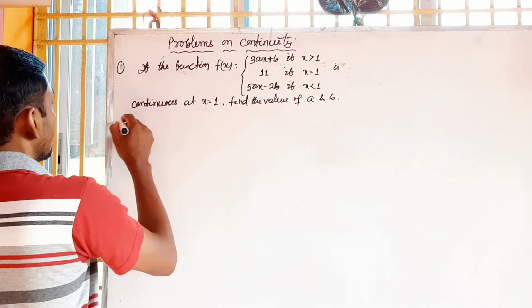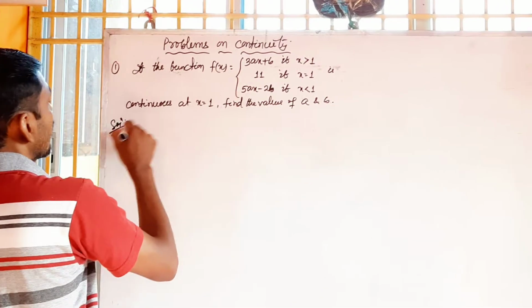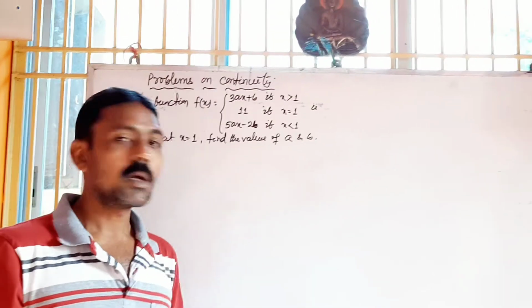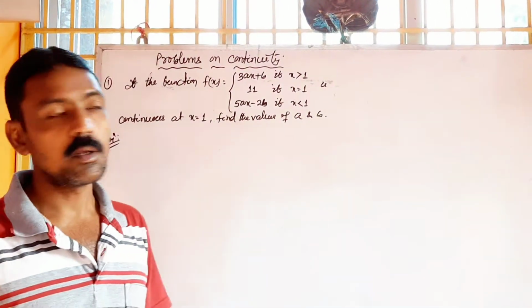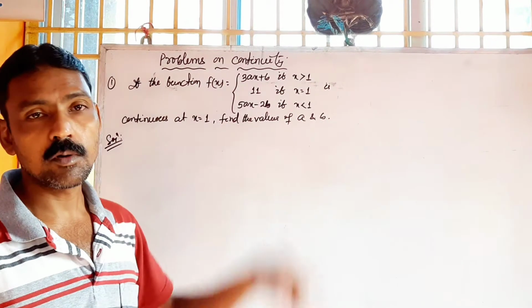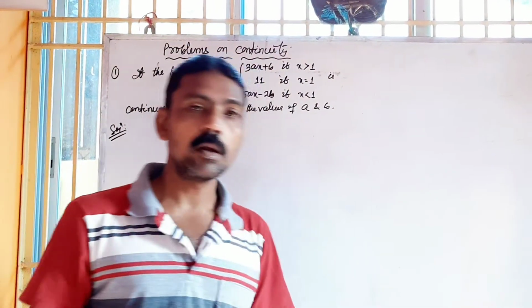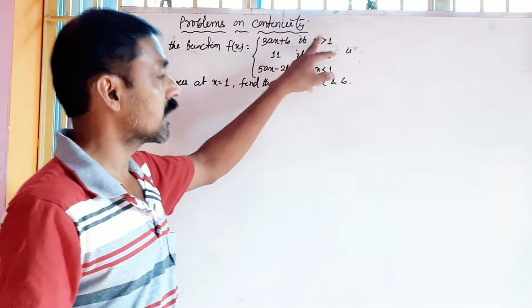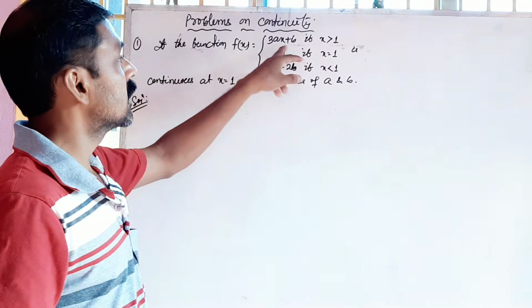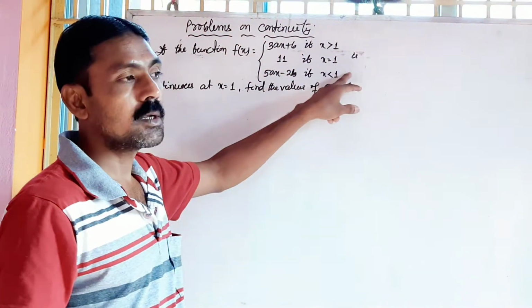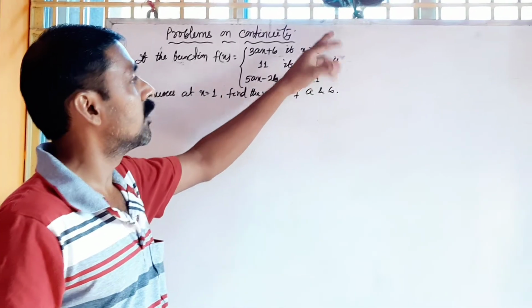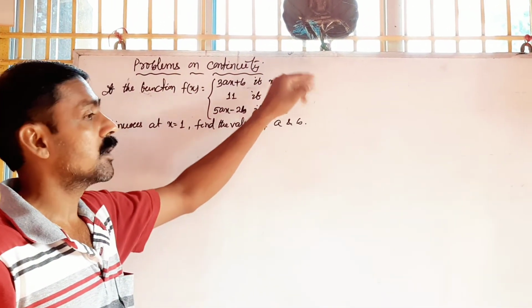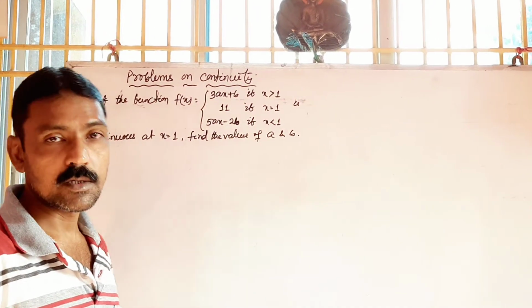So here the solution is right. Now you have been given the function is continuous. So you know that function is continuous means the limit of the function at the given point must be equal to the value of the function. And the limit will exist when both left hand and right hand limit exist and are equal. Since here the function is divided into 3 intervals, one is less than 1, meaning minus infinity to 1, another is 1 to infinity, and another is exactly at 1.